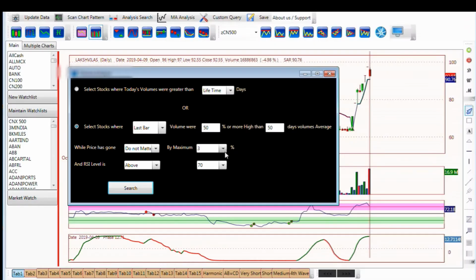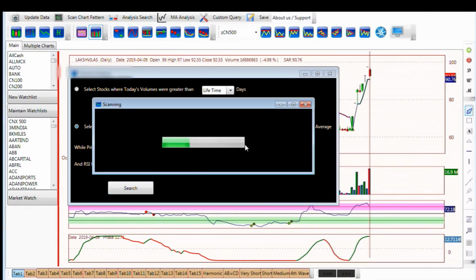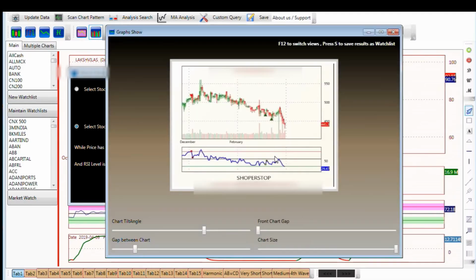And if we change the RSI level to below 30, then most of the results will be near the bottom, at the present current bottom. Okay, you see that volume